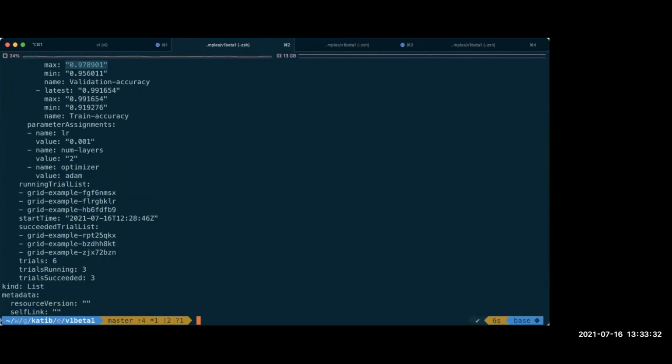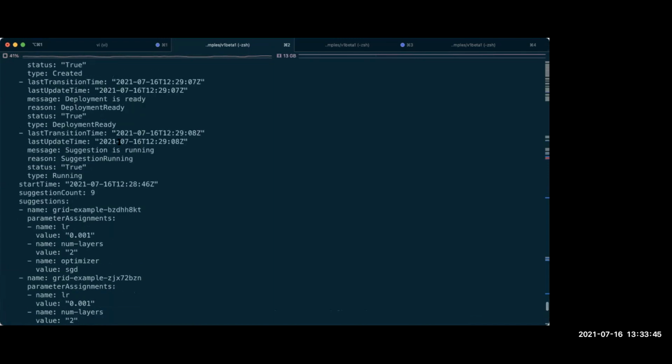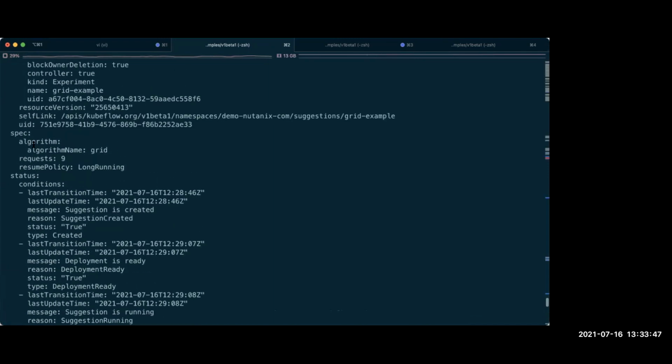And just one more thing. You could also see what is happening with the suggestion. That's also something which should be interesting for you. Here I have asked for 9 requests, 9 hyperparameter solutions for a particular grid algorithm.